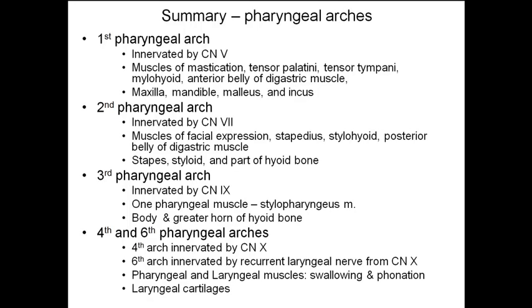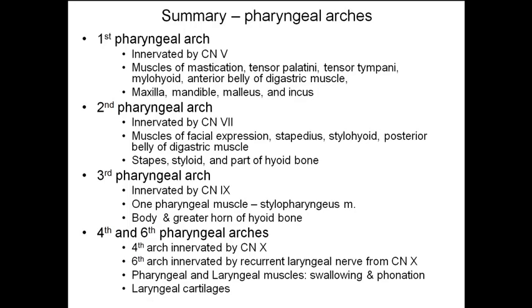Now we move on to the fourth and sixth arches, and rather than going into extreme detail, let's just say that the fourth arch is innervated by cranial nerve 10, innervates the palatine muscles, innervates the pharynx, so the superior, middle, and inferior pharyngeal constrictors, innervates the cricothyroid muscle on the external aspect of the larynx, and